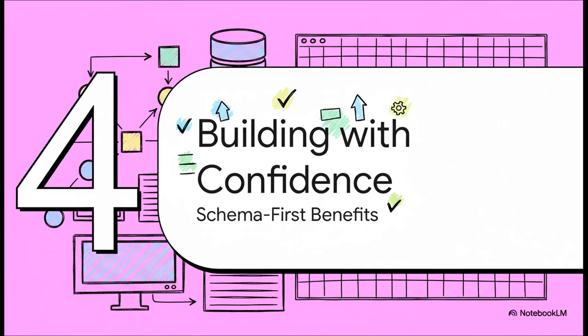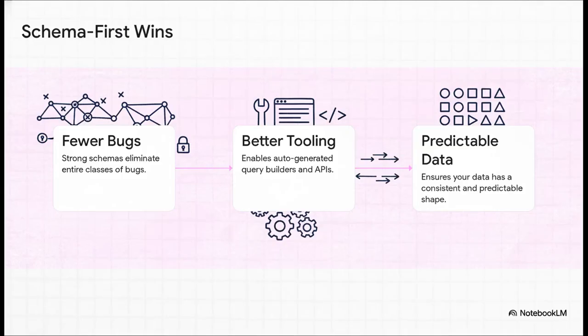But okay, writing pretty queries is one thing. The benefits here go way deeper. EdgeDB is all in on a schema-first philosophy. And that has some huge implications for how you build your apps and how confident you feel while doing it. And the results are things you can actually feel. When you have a strong, strictly typed schema, your data always has a predictable shape, and that just wipes out entire categories of bugs right off the bat.